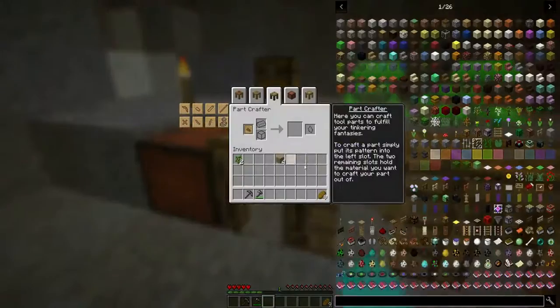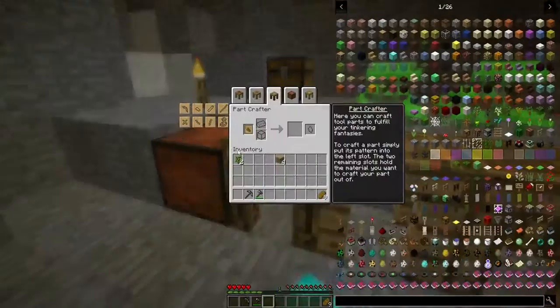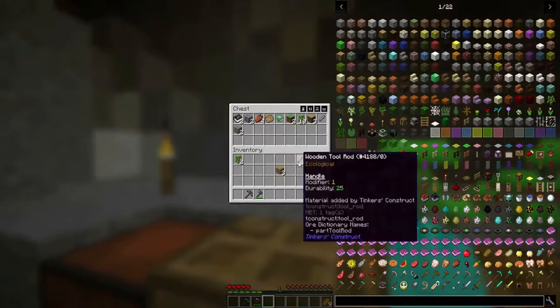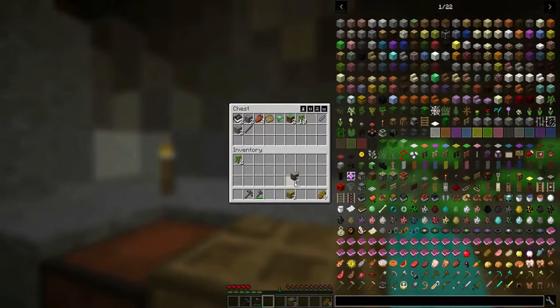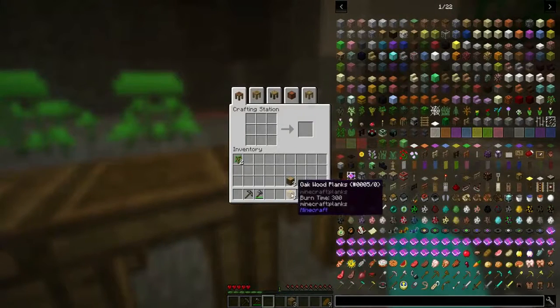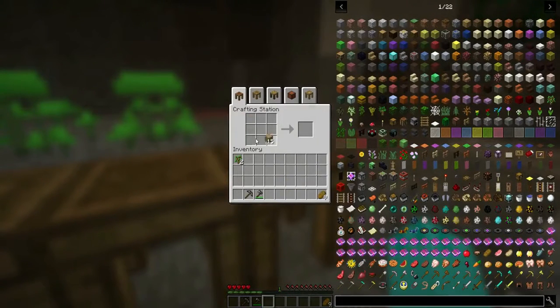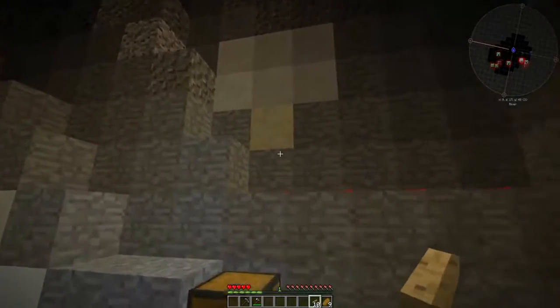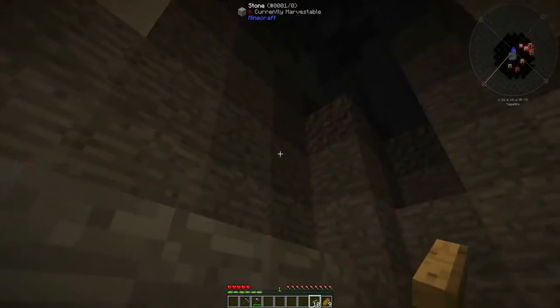Oh yeah, that's what I wanted to make with this. I wanted to make another tool rod to replace the one I just used to make the hatchet. There we go. Oh, and that was the other thing I was actually getting this wood for. I want to make slabs, which I will then use to make drying racks. 10 of them. It might be a little excessive, but I'm hungry. So